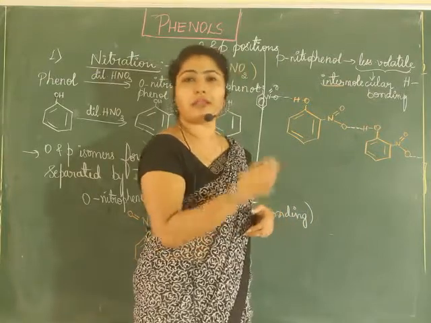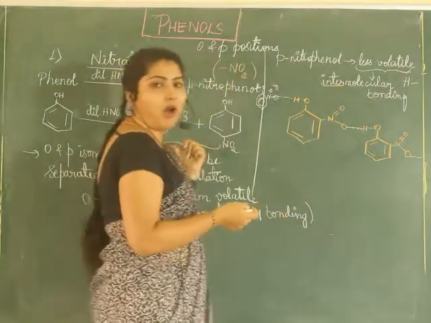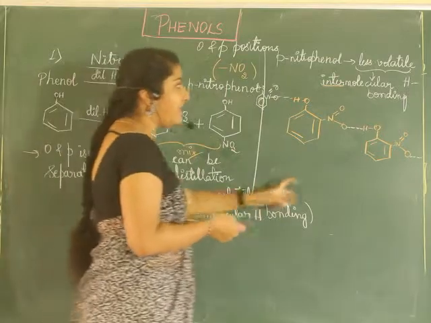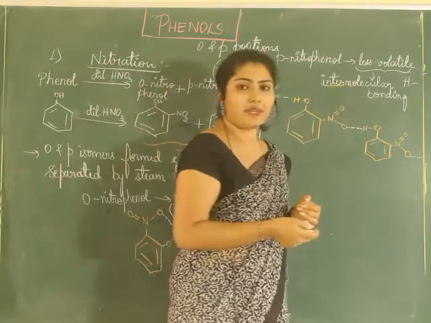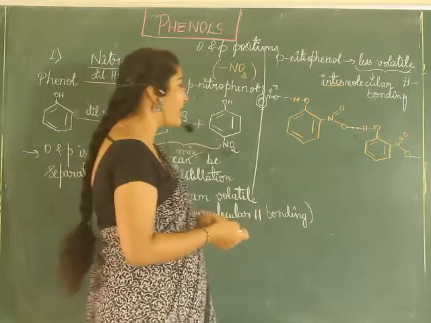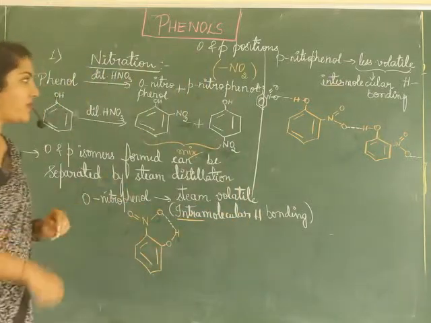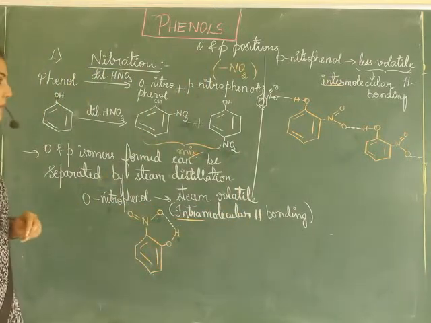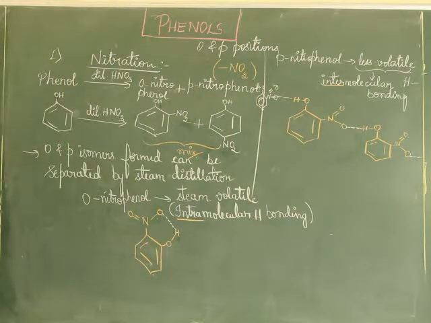I mean, it doesn't break soon like that of orthonitrophenol, and that is why it is less volatile to steam. It takes time, and it takes time for distillation also. This is a method by which these two isomers can be separated. Just make a note of it, and then we shall see what if